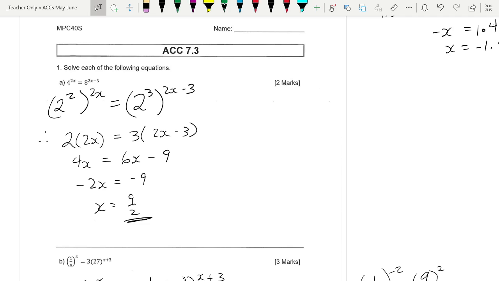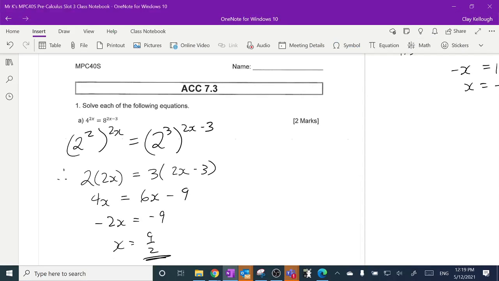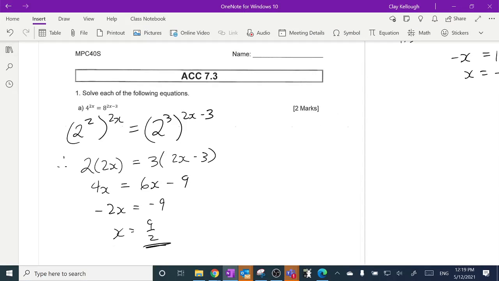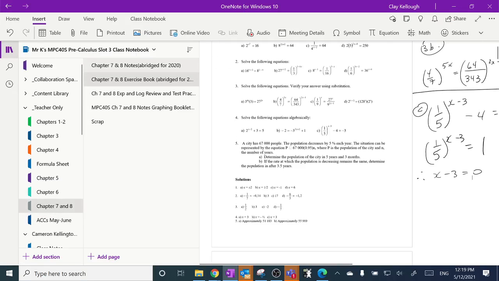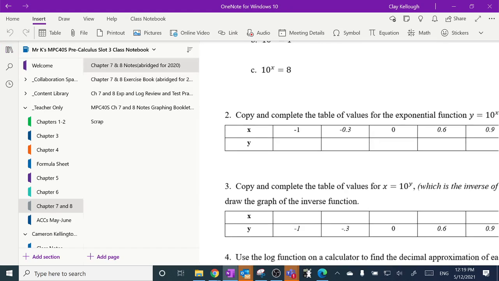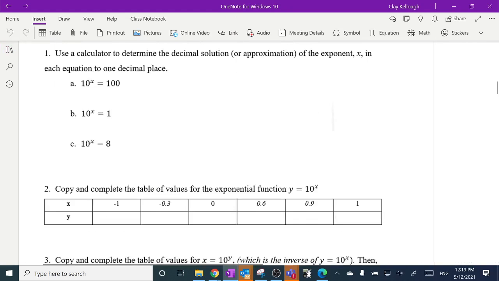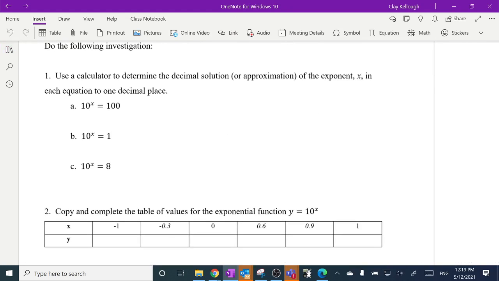All right, let's move on to the activity you were supposed to do yesterday when Mr. Favreau was here. You were supposed to do this 8.1 activity. And here's the answers you were supposed to get. Now, where did I put them? I had them here some places. There we go. You were supposed to get here that x equals 2. You were supposed to get here that x equals 0. You were supposed to get here that x is